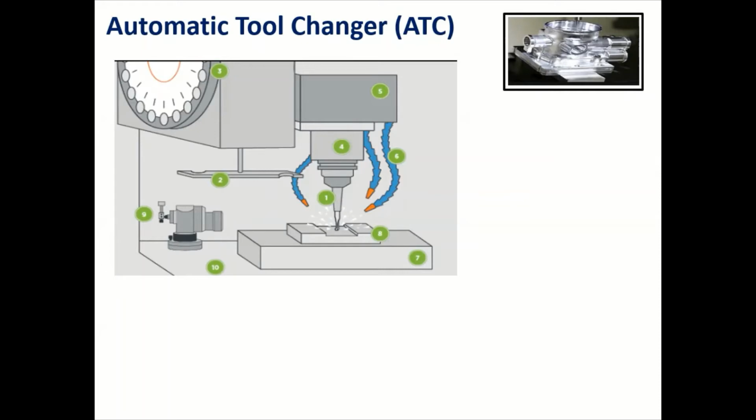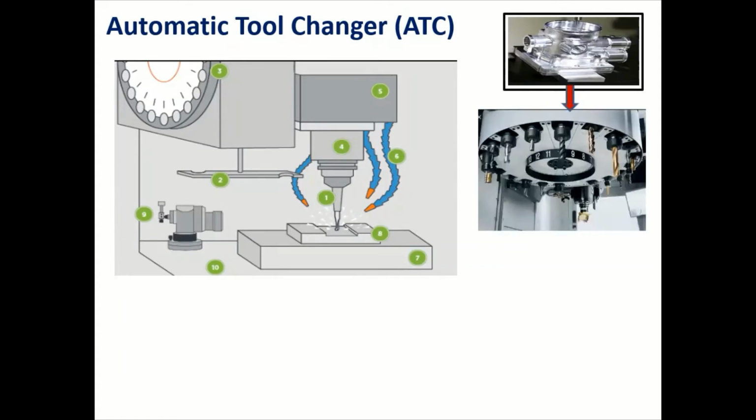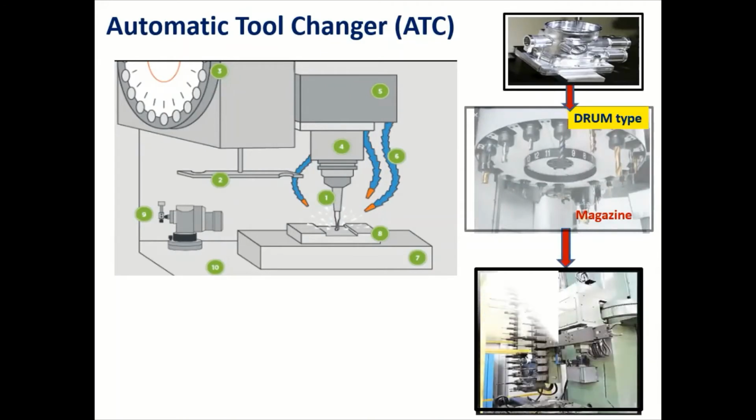In such cases, the automatic tool changer plays a very important role. The tool can be changed without the intervention of the operator, through the program instruction using the code. To locate the number of tools, we need a tool magazine or a drum. This diagram indicates the magazine, but it is a drum type of magazine. There are different types of magazines. The second one I will show you is the chain type of magazine.